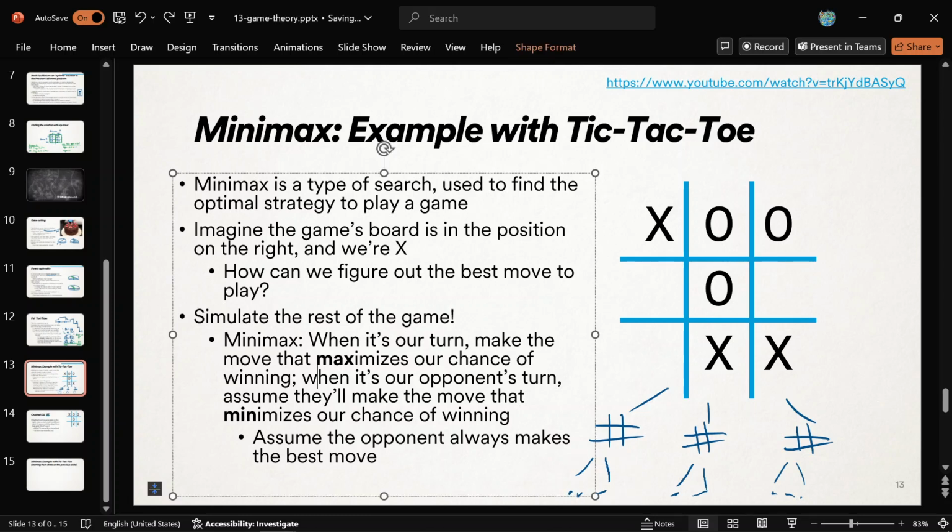So when it's our opponent's turn in Minimax, the nice way to do this and the way that's going to make it work is that we're going to assume that they're really good at the game and they're going to try to minimize our chance of winning at the same time as we're trying to maximize our chance of winning. Okay, so just assuming that they're really good at the game and that they're going to make the best move possible. And the goal is to, in spite of that, find the best move for us that's going to guarantee success or the best possible outcome. Okay, so that's the secret, and let me teach it to you.